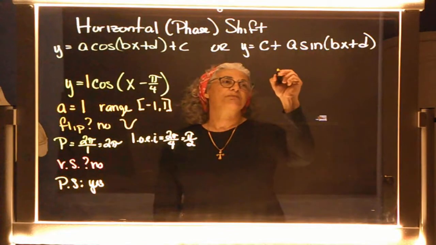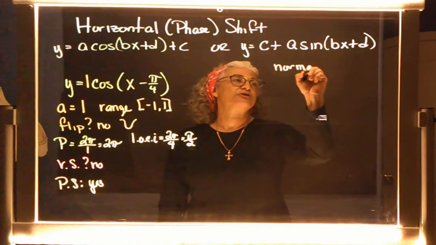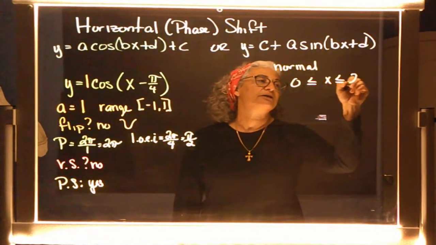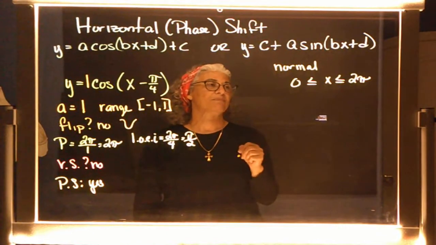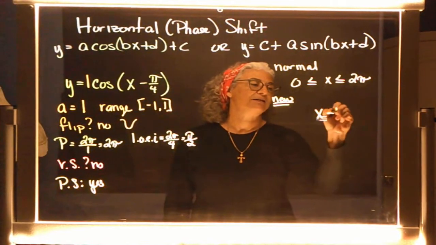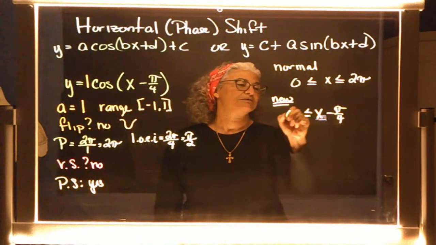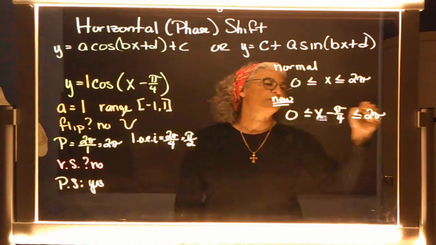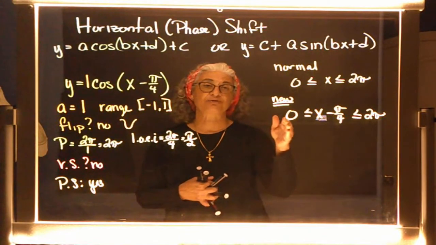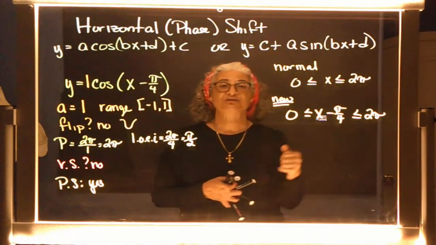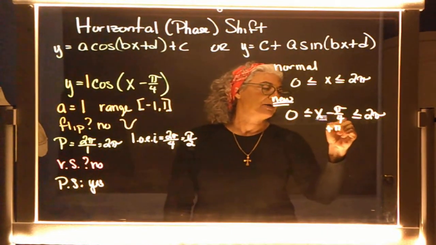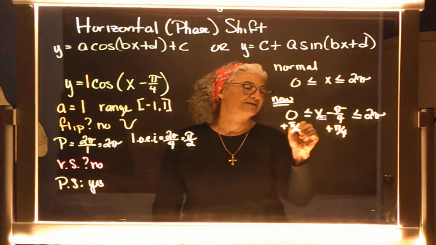And I'm going to write it up here. The normal start and end is from 0 to 2 pi. Agreed? In this case, I have an x minus pi over 4. So I have an extra number inside with the x. Agreed? So I have to see what that does to the 0, which is my typical start, and what that does to the 2 pi, which is my typical end. So I am going to add pi over 4 to all three sides,